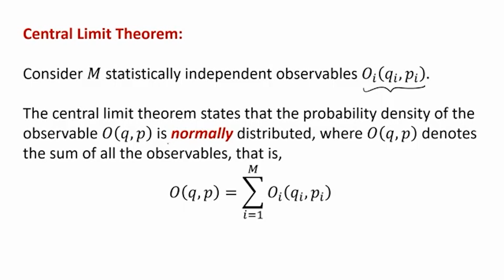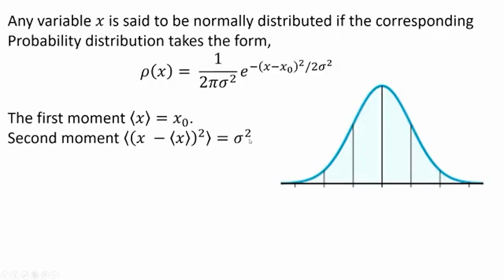The main thing, highlighted here in italicized font, is that it is normally distributed. So, what is meant by normally distributed? Any variable x, here of course we are talking about two variables q and p, but nevertheless they are independent variables, is said to be normally distributed if the corresponding probability distribution takes a form